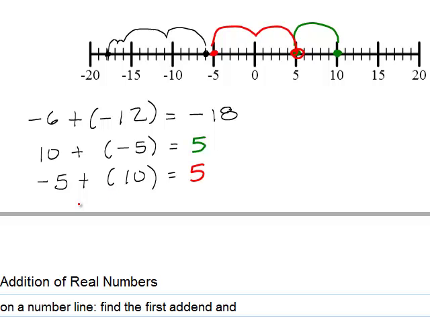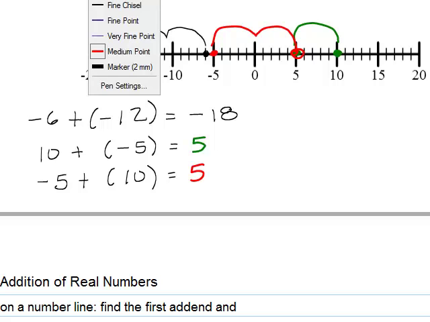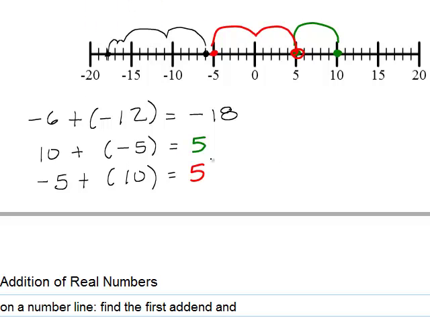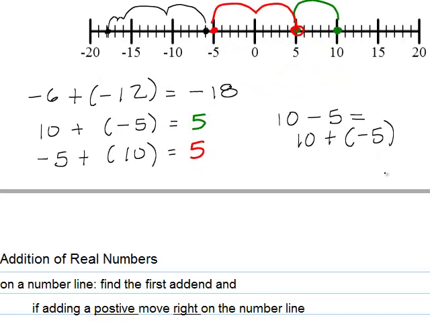Because we know when we add numbers, we can switch them around using the commutative property. So 10 plus a -5 is the same as -5 plus 10. We'll also see that we can change any subtraction problem into addition of the opposite. So for instance, what if I had the problem 10 minus 5? Well, that we will find out is the same as 10 plus the opposite of 5, which is -5. Those two things are the same thing. We can change any subtraction problem into the addition of the opposite. And we'll see that in a little bit when we do more with subtraction.